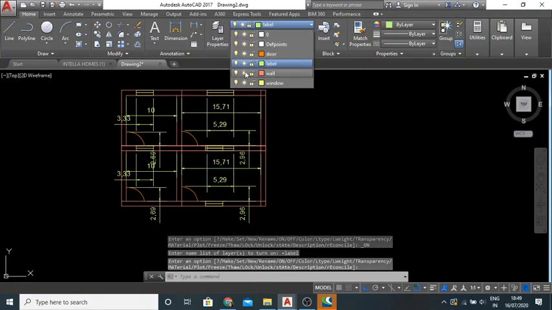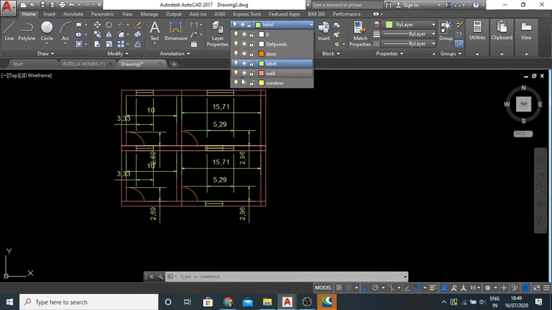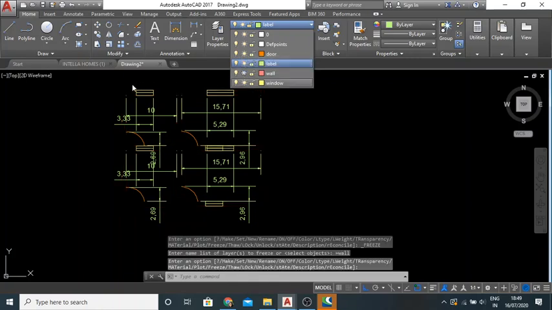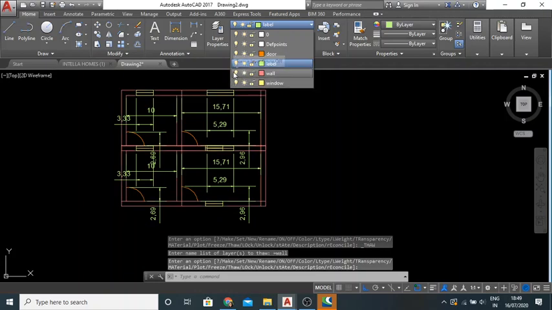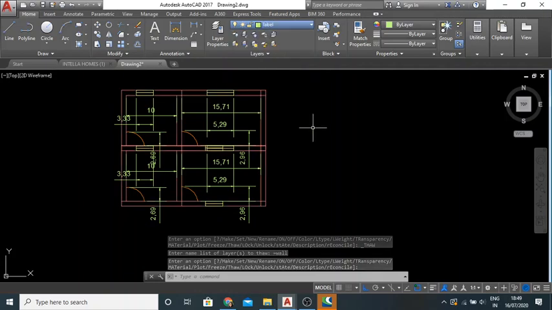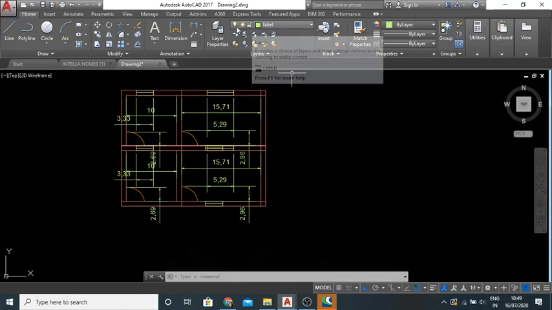The next option is freeze and unfreeze. It is the same as turn off and turn on. For example, I want to freeze the wall layer, so I select the wall layer and the layer is frozen. That is the difference between turn off, turn on and freeze. Now the current layer is labeling.